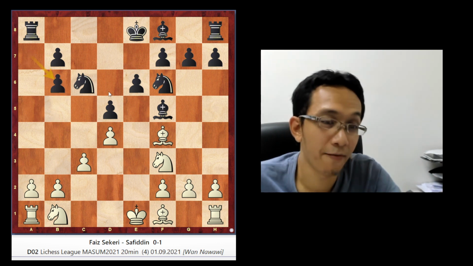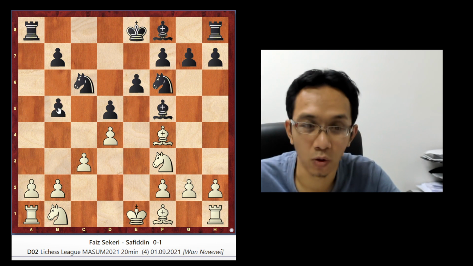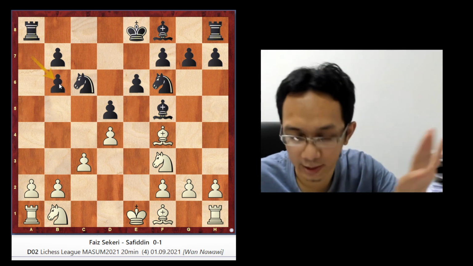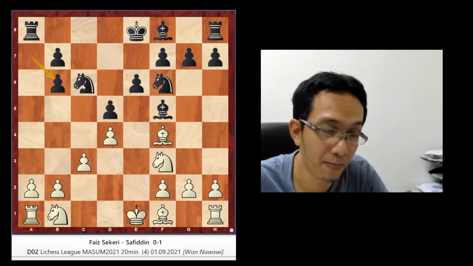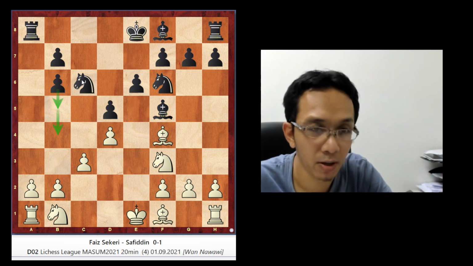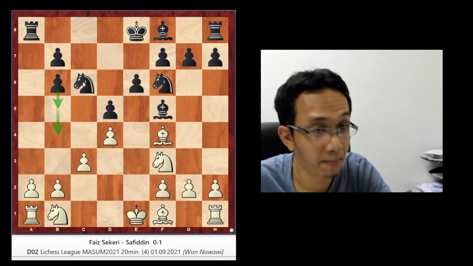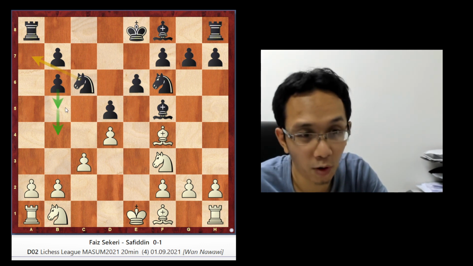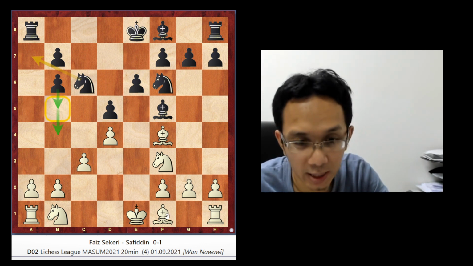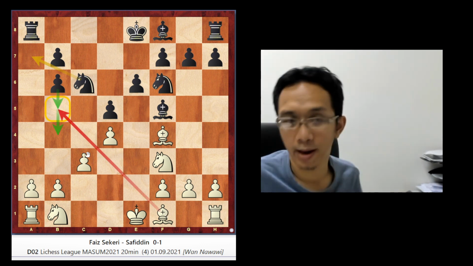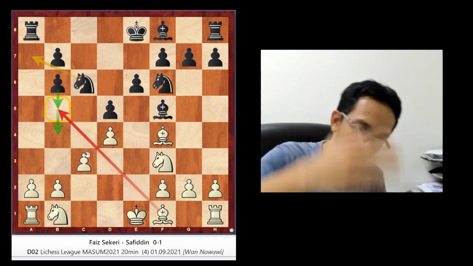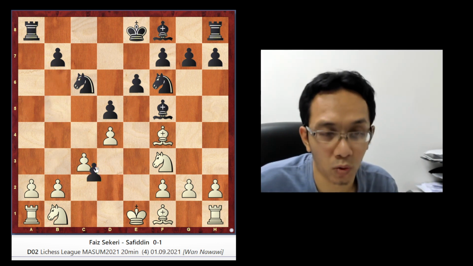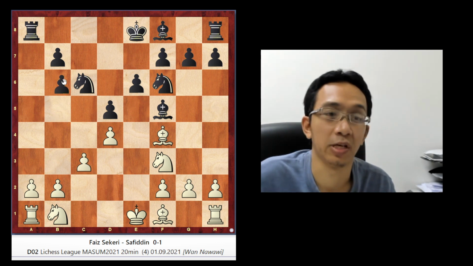Because now the plan for black is very clear. You can just go up there. We already learned in the theory section before that one of the ideas for black is to move up this pawn. So black can start the plan by moving this knight to a7 in order to control this square, because the bishop is currently attacking this square, and then push the pawn forward and exchange this weak double pawn for black's c3 pawn.